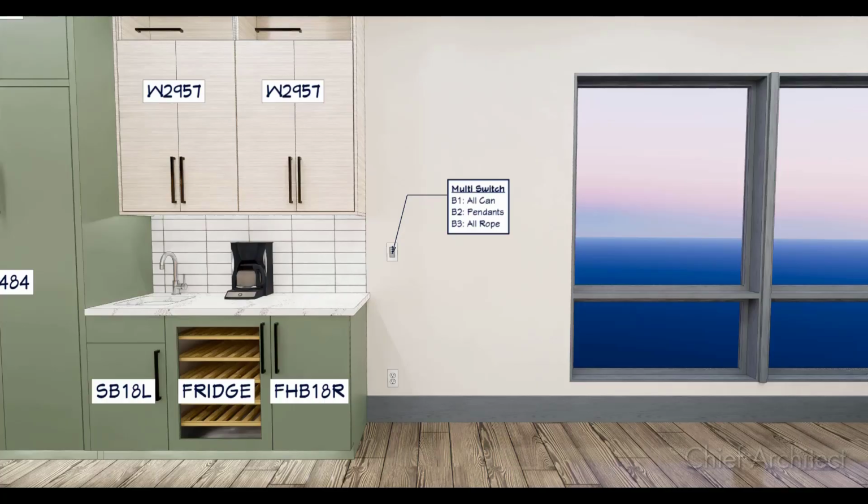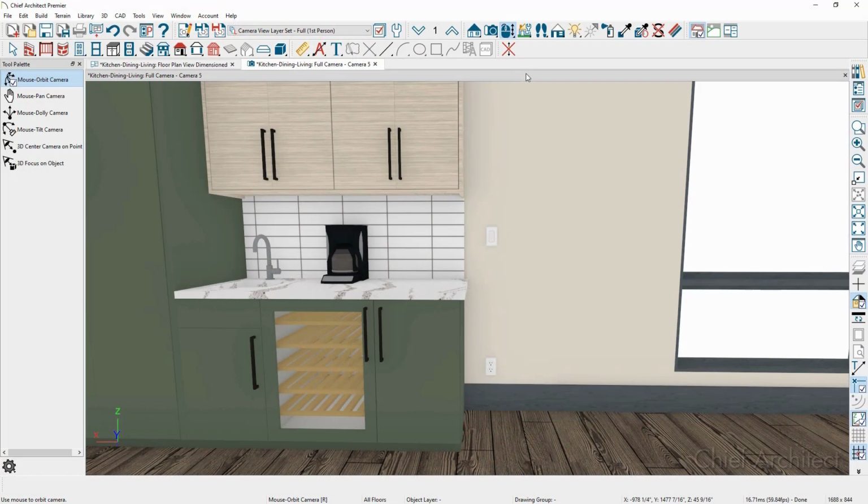Let's look at another example of adding 3D text, this time using the leader line tool. I'm back in the 3D view, and I have my camera view facing the multi-switch along the wall. If we double click on the multi-switch,